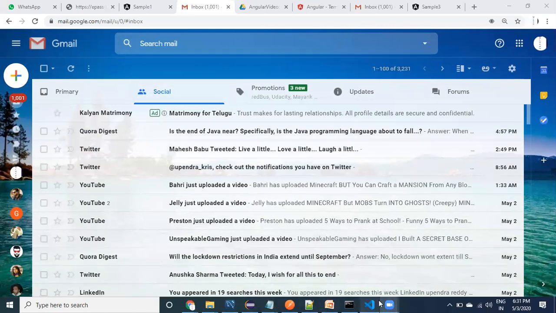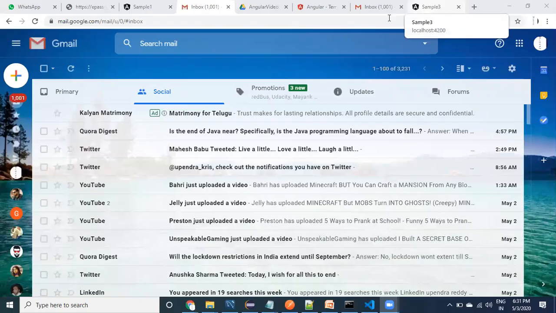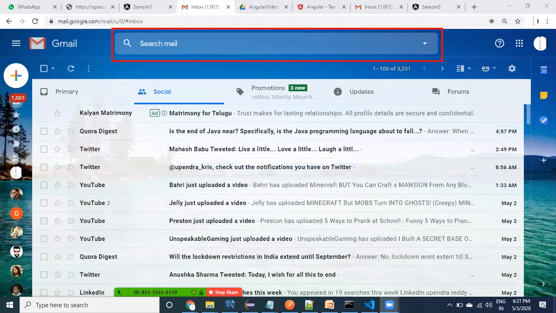If I take the development of Gmail, I can divide this web application into multiple parts. Like this is one component, and I want to make it a separate component.